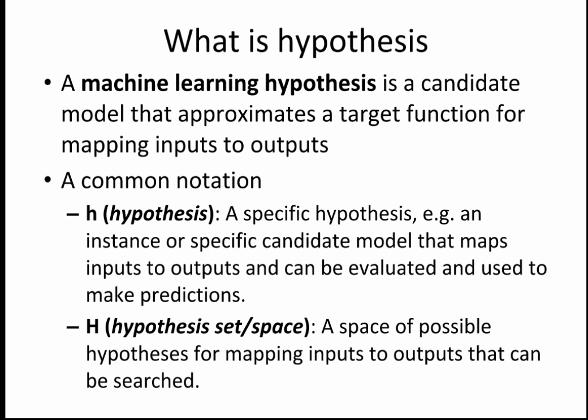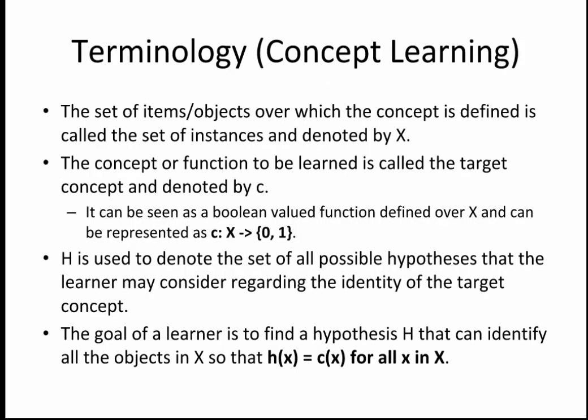If we talk in the context of concept learning, how we connect our hypothesis to concept learning, we have to assign some variables and terminology. Capital X generally represents your training instances, the set of all the samples that you have to learn the concept. A concept in concept learning is a Boolean function that gives you a value of true or false, or 0 or 1.